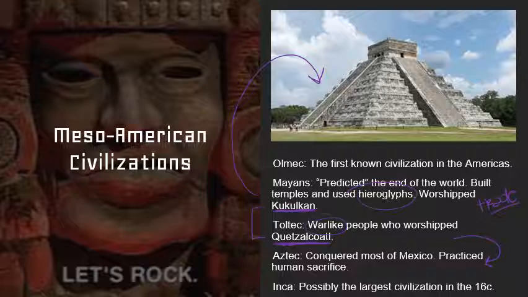And the Aztec, in addition to worshiping Quetzalcoatl and other gods, are going to be known for their practice of human sacrifice, usually to those gods, as well as for conquering most of Mexico. So these guys are going to combine what the Mayans and the Toltec were doing. They're going to have a huge trade network, but they're going to make that trade network through conquering, through war. It's basically knock knock, who's there? It's us, the Aztecs. We're going to sacrifice some of your virgins. And that's kind of what they did.